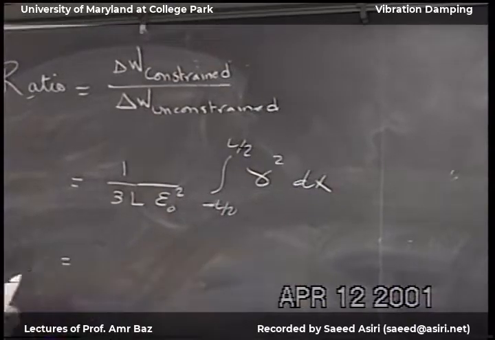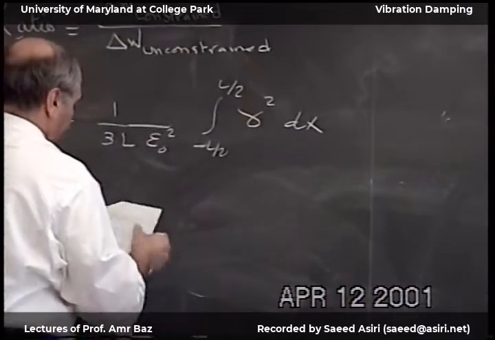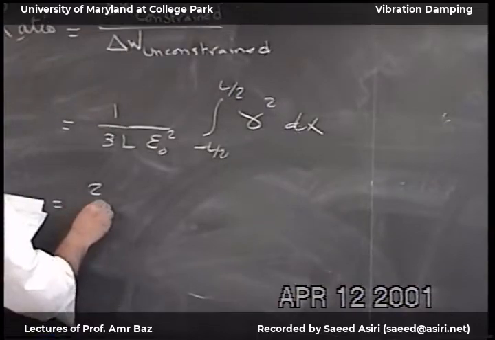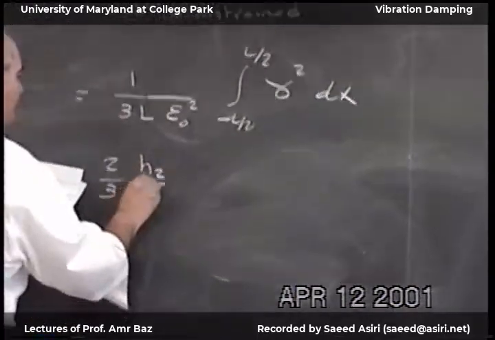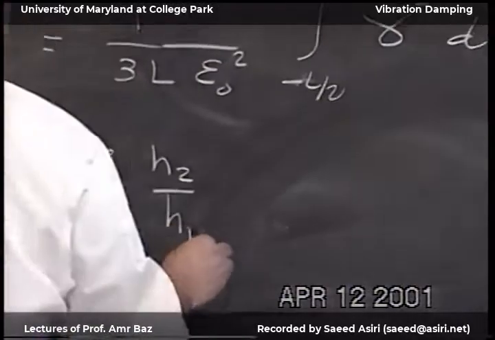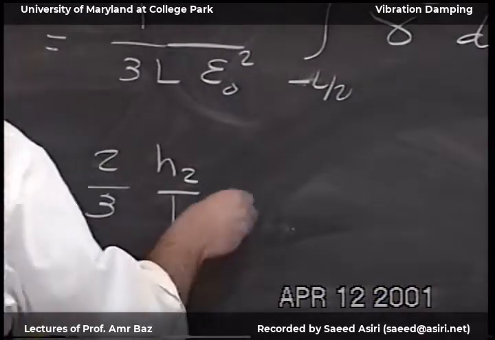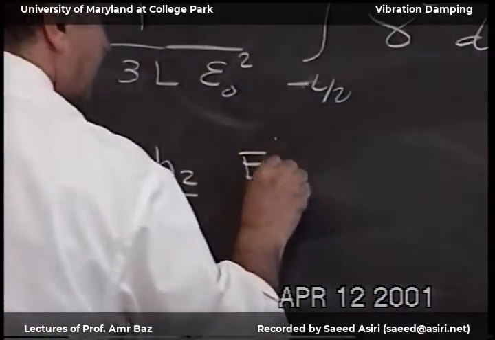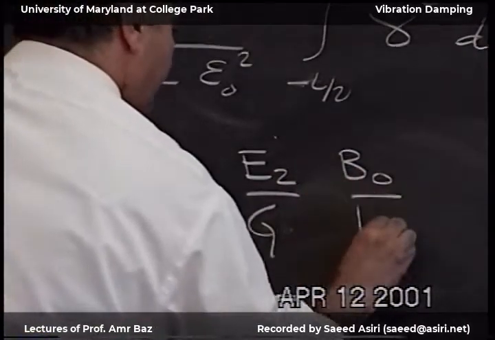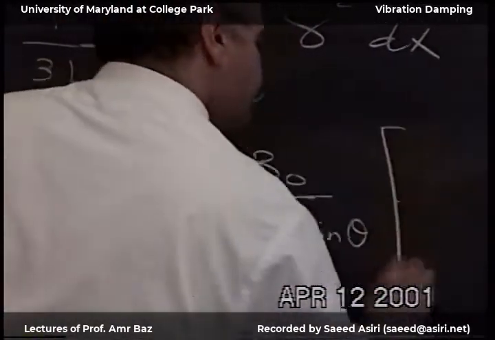We integrate this expression, and the result will be a third, H2 over H1 and E2 over G, B0 L sine theta,